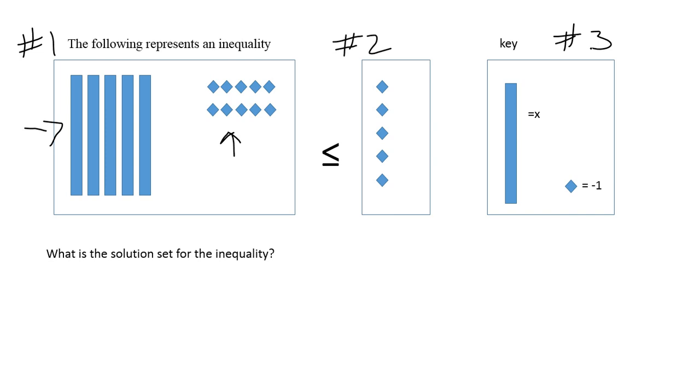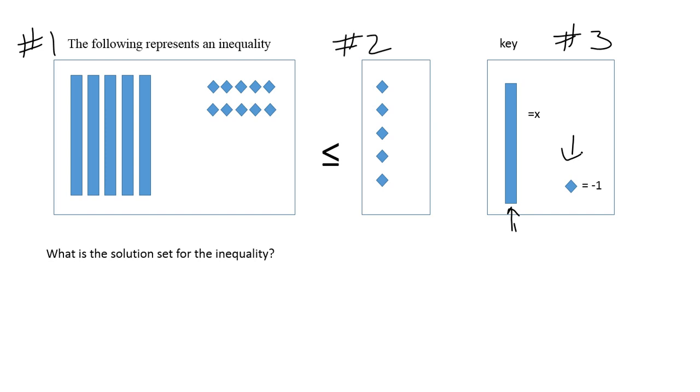this is my key. This is going to tell me how to read the rest of the information here. Okay, so let me get rid of these little arrows. Well, my key says that each of these long boxes, the long rectangles, are an X, and each of the little diamonds here represents -1. Okay, so we really just have to count what's inside box number 1 and box number 2 in order to